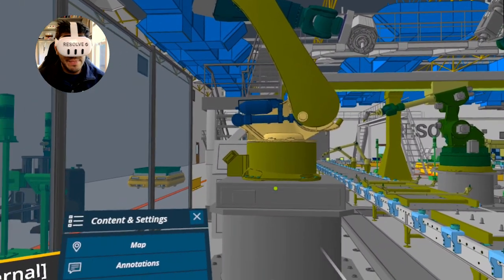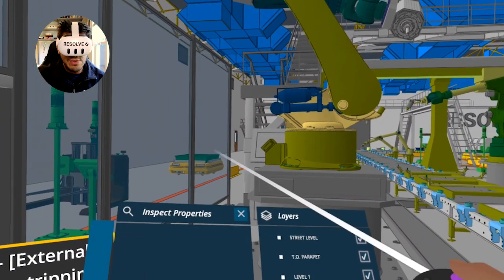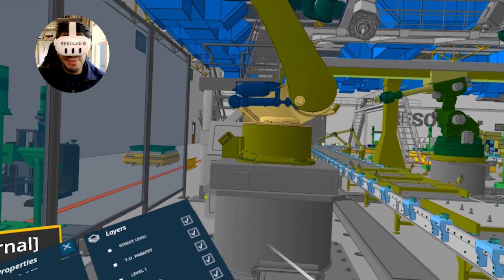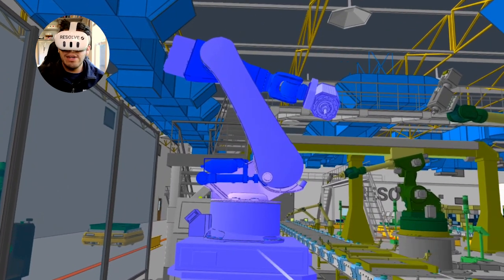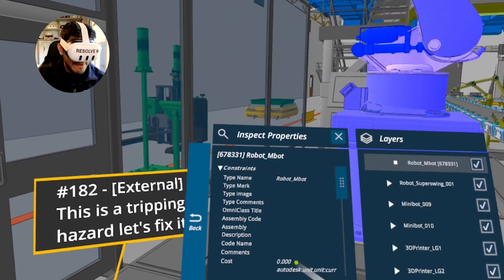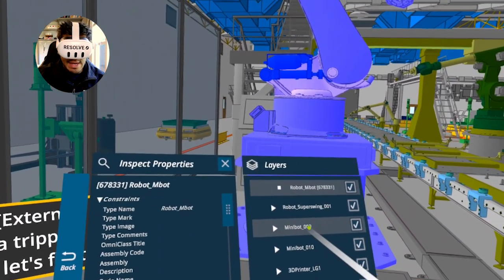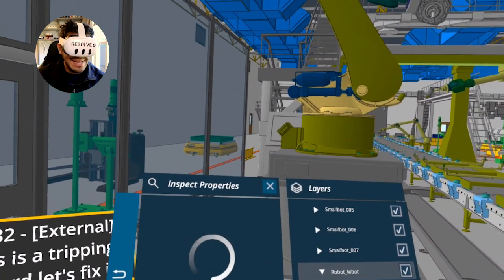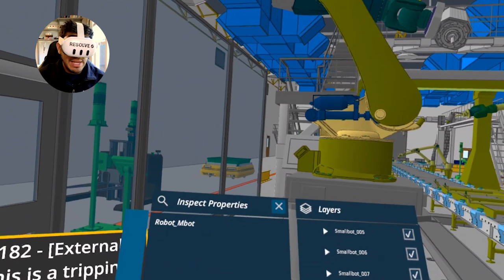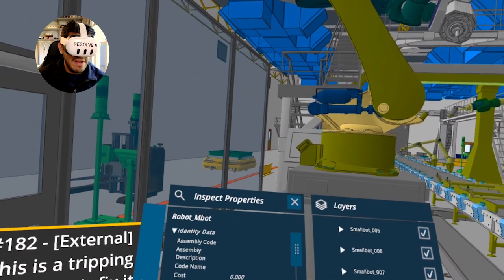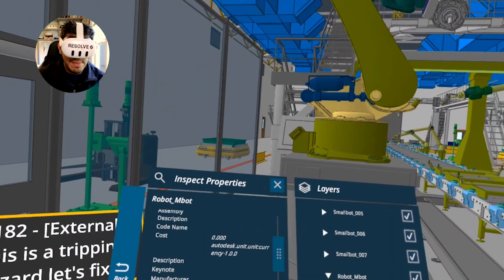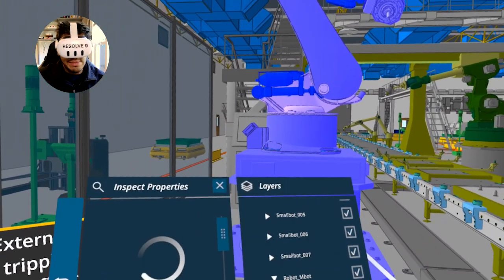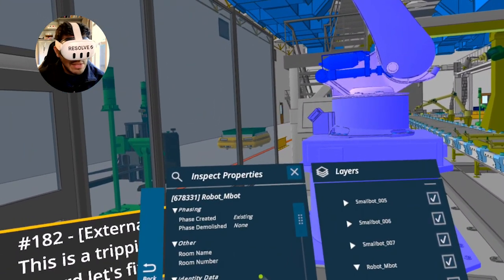Okay, one more thing. In the Inspect Properties menu, we also show our new layer hierarchy, which has every element in the model. Let's say I click on this piece of equipment, I get the information here, and I can then go and click on any element in the hierarchy, and I will get that data. You know, some of these don't have any actual data associated with them, but we wanted to give you a little more granularity in case the root element that you selected is not the one that has the right properties